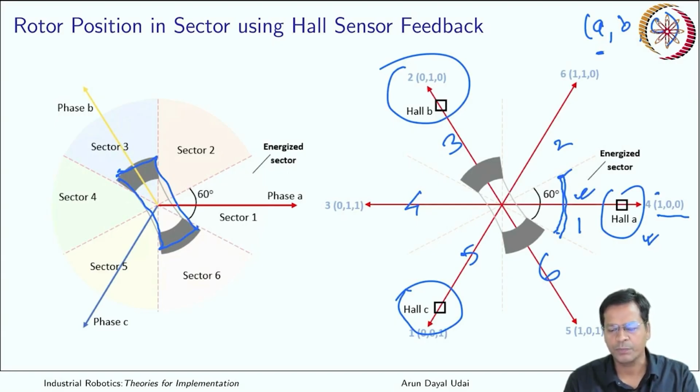This rotor will tell you, this Hall effect sensor will tell you, whereas this Hall effect sensor is turned as 0, this is turned as 0. So what you see here is 1, 0, 0. Okay, got it? Now when you go here, let us say,